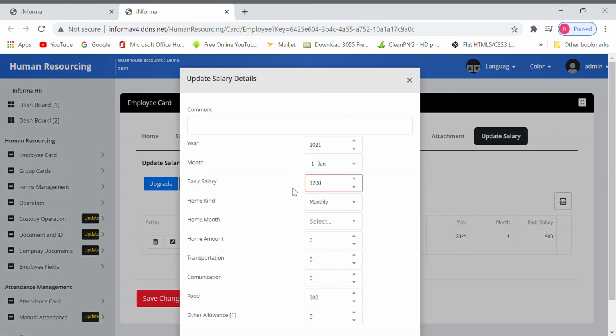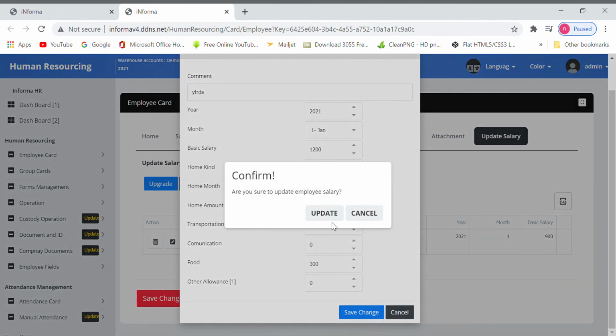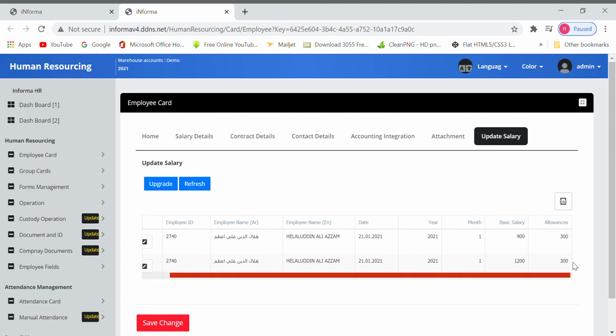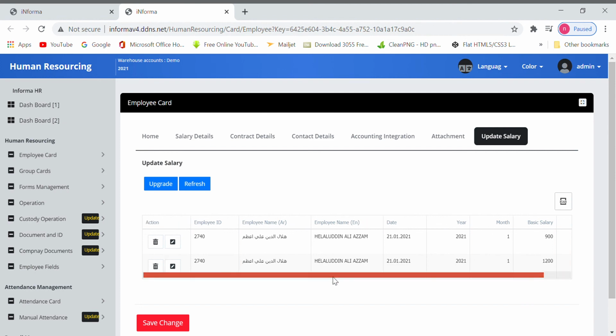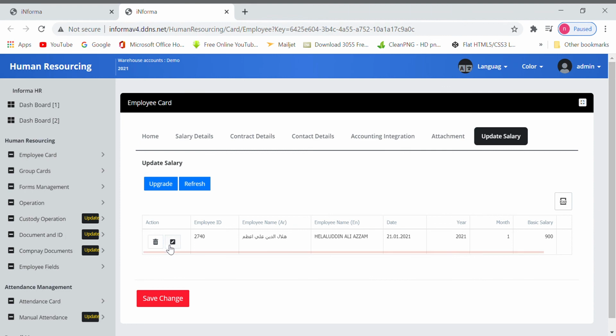If it now becomes 1200, you can enter it like this. You can also write any comments. Now you can save. So you can see in this month and this year his basic salary was this, and now he has received a promotion in this month, so now the salary has become this. If you want to delete, you can delete here. If you want to edit, you can edit from here.